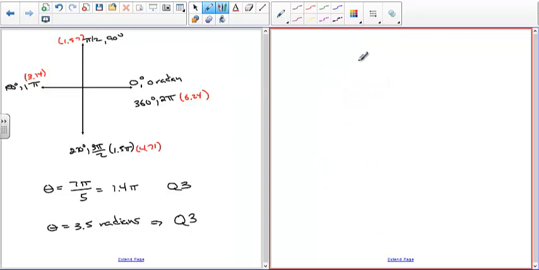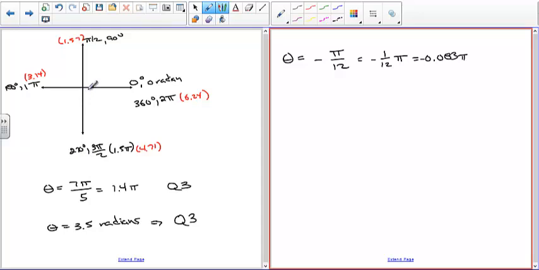Let's just do one more. Let's say we have a negative. Let's say it's negative pi over 12. So that's going to be negative 1/12 pi. So 1 divided by 12 is 0.083, with a negative sign. So these are all based on going in the positive direction. Now if you go the other direction,